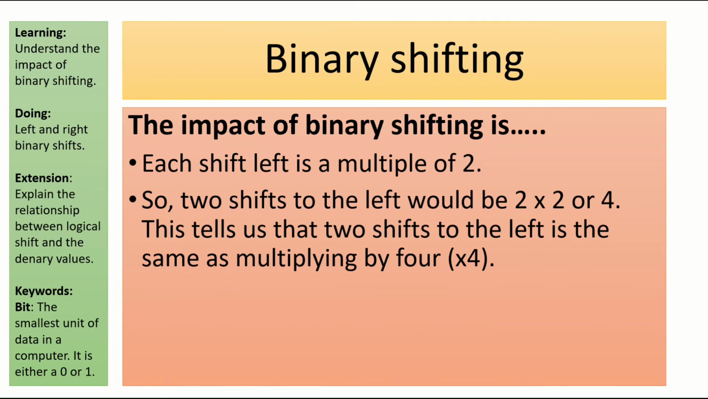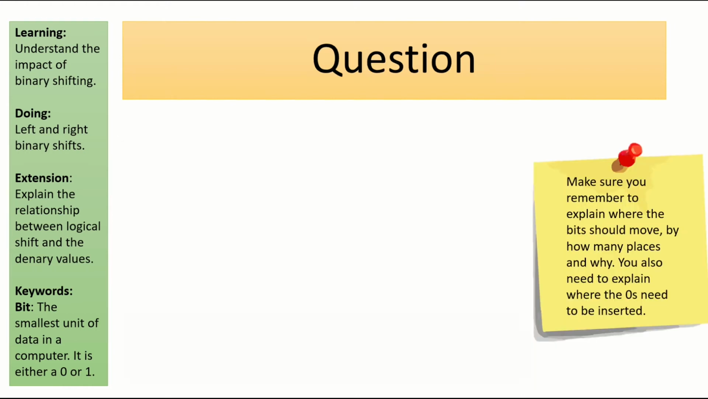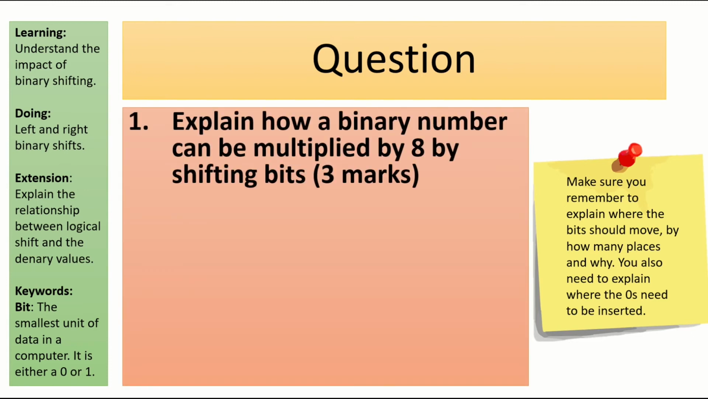So 2 shifts to the left will be 2 times 2, or 4. This tells us that 2 shifts to the left is the same as multiplying by 4. 3 shifts to the left is 2 times 2 times 2, or 8. So this is the same as multiplying by 8. So if we had a question like this that says explain how a binary number can be multiplied by 8